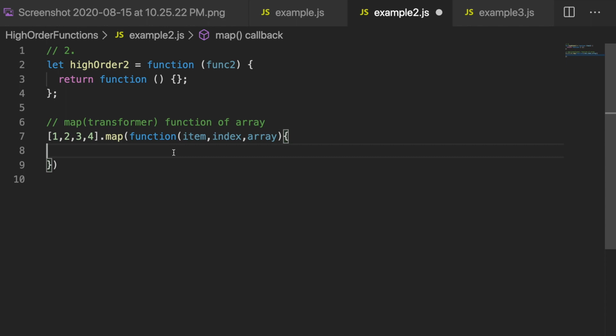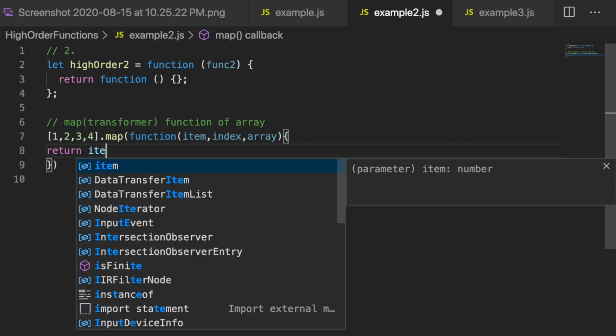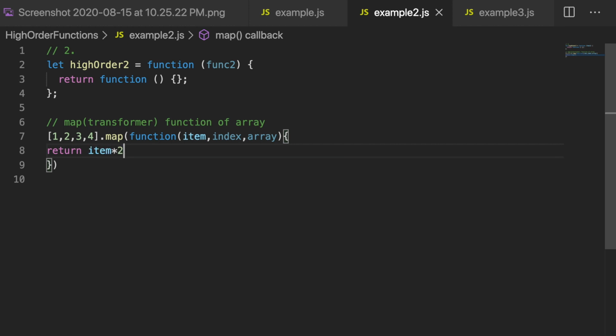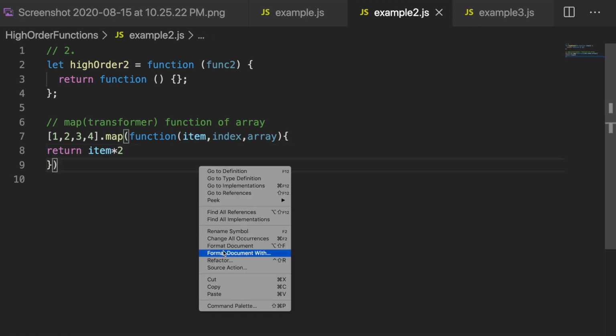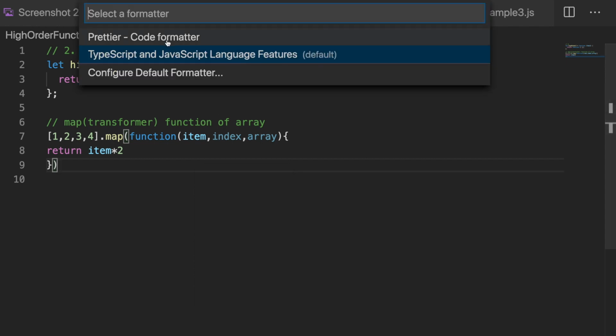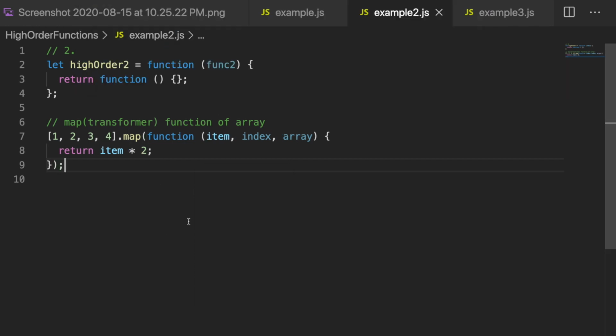Let's say I want to double all the elements in my original array. So I'll just return item into 2, right? Let me configure a default formatter. Okay. So basically we all know that this is how a map function works. But how would the map function actually look inside?